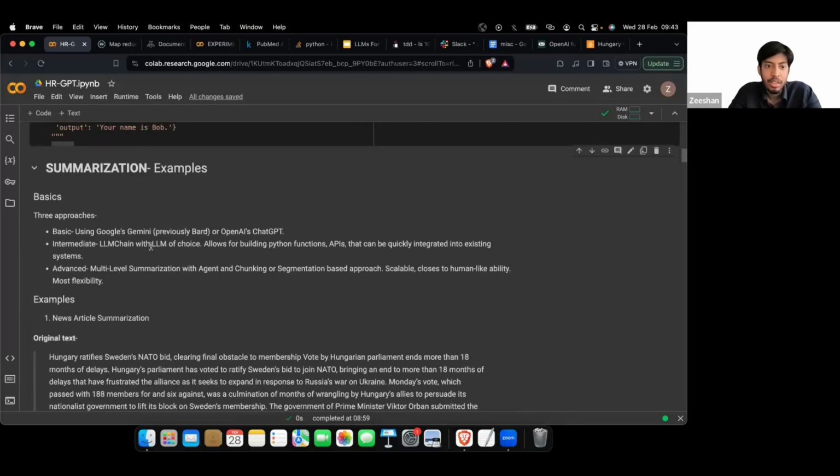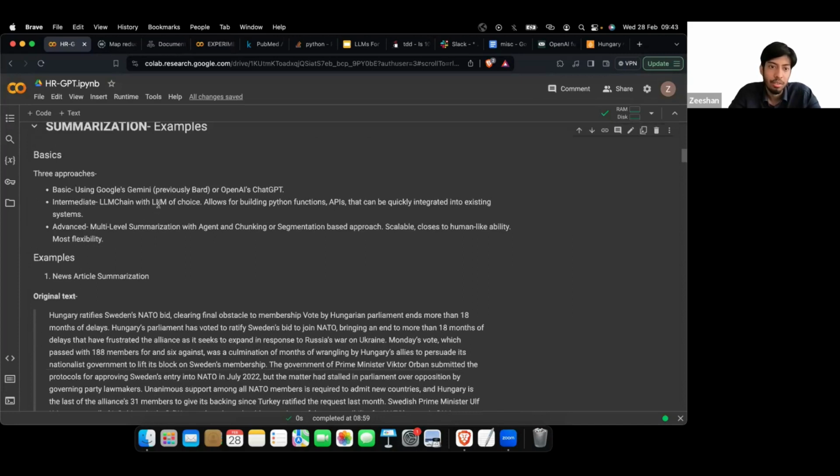LLM chain can do summarization of these really long documents if the model that we are choosing has enough context window. But here as well, it's only the most capable of the LLMs which have a significant context window. By context window, I mean how many words it can process at a time. So there's a hard limit for each model. Even many of the LLMs from really good companies like Cohere have really small context windows of only 8,000 words. Actually, it is 8,000 tokens, but one token roughly corresponds to one word.